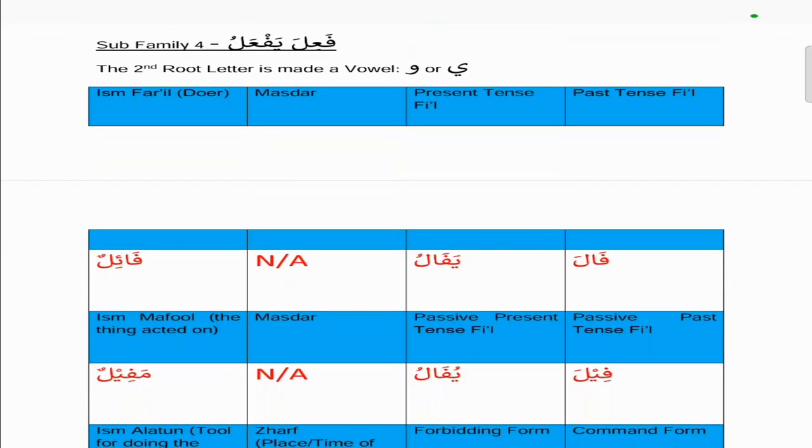So if you look at subfamily 4, which is fa'ila yaf'alu, the second root letter, again we'll use, for understanding or memorizing purposes, the fa as the first root letter. The second root letter can be wa or ya, and the third root letter is lam. So the past tense is fa'ala as per usual, and then the present tense is where the difference is noticed,